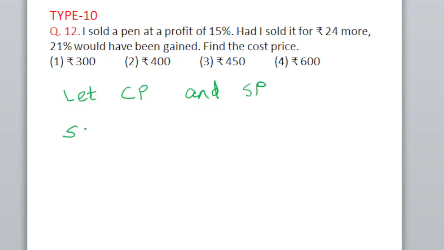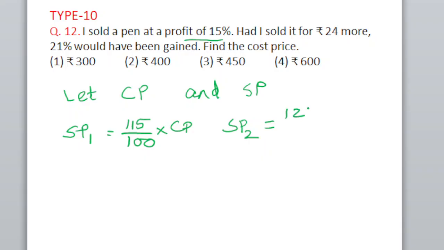SP1, that means in the first case SP1 is equal to 115 by 100 into CP, because there is a profit of 15%. And in the second case, SP2 is equal to 121 by 100 into CP,